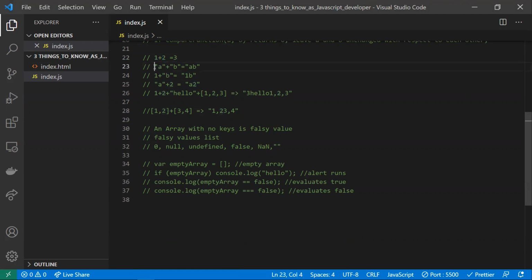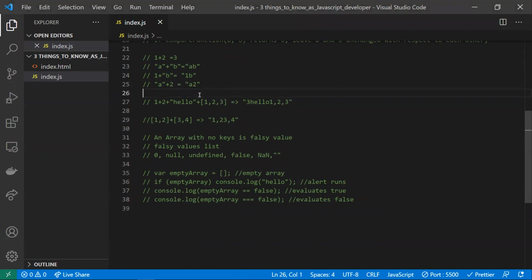Whereas if I give two strings, one on the left and another on the right, then the plus symbol works in concatenation mode and it will concatenate both. In the same way, if there is one number and one string, it will concatenate, and the plus symbol works as concatenation. If the left side is a string and the right side a number, then also it will be concatenated. Okay, fine. We got this base understanding.